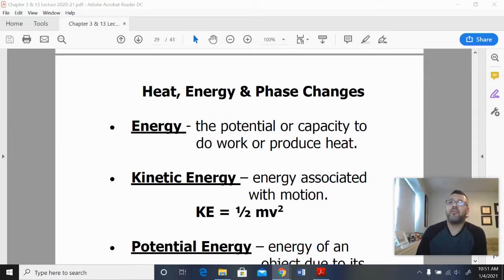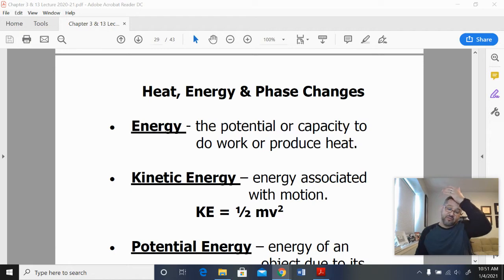So if we're talking about a process of liquid turning into solid, solids into liquid, all this kind of jazz, with these phase changes, it all takes energy. So the next logical thing to talk about is what's energy? How do we talk about energy? How do we define energy? How do we use energy? So let's talk about that.